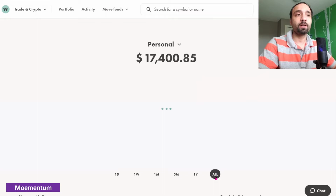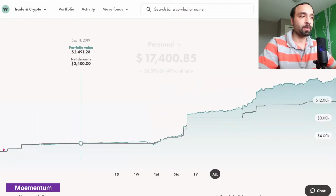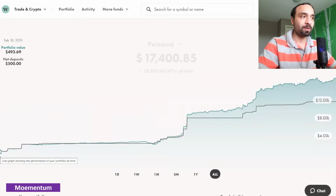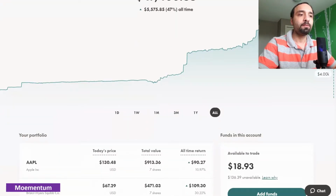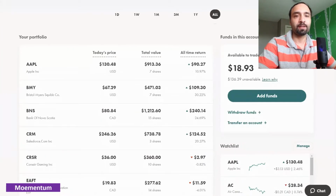Our all-time return, this goes back a longer while, I think back in 2019. If you look here, that account was opened at the humble beginnings of only $500, and the all-time return is showing an incredible 47% return. Not too bad, eh? If we scroll down now and take a look at the holdings that we have here,